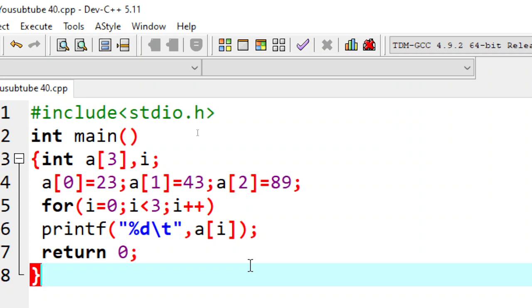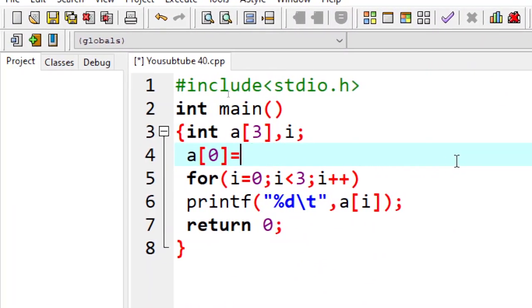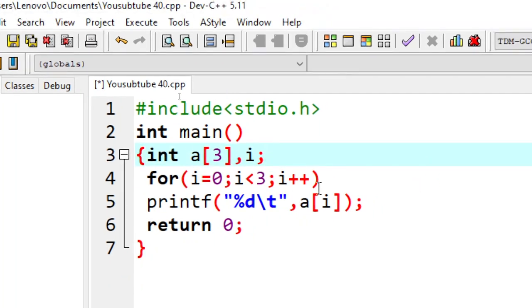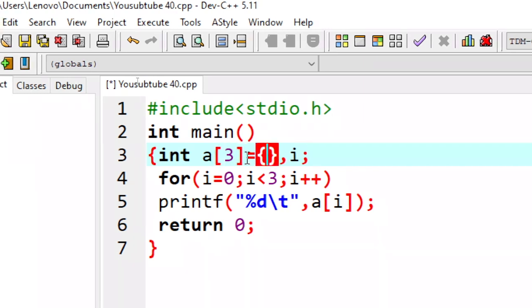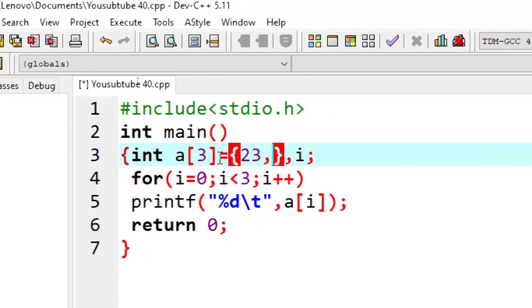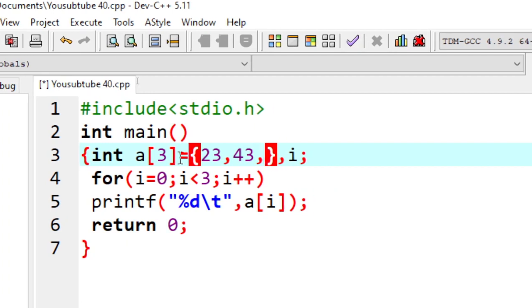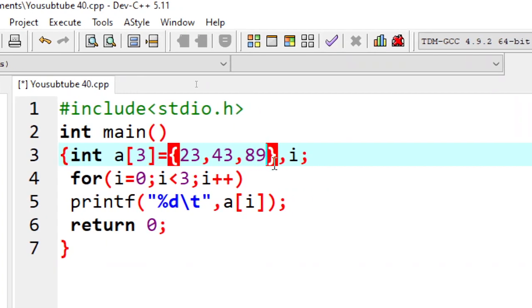I am going to show you the second program. For that I am modifying this present program. Now you saw that I have removed 3 C statements. Now I am going to type 1 C statement. You know C statements are separated by semicolon. Here I write curly bracket. The first element was 23. You may take any number. Second 43 and the last one 89. So I have